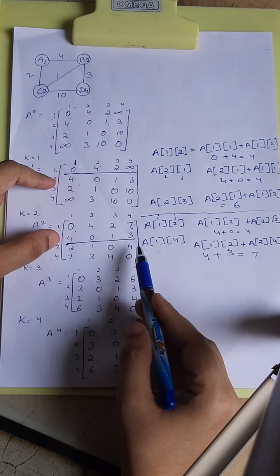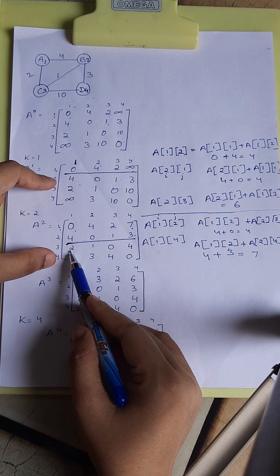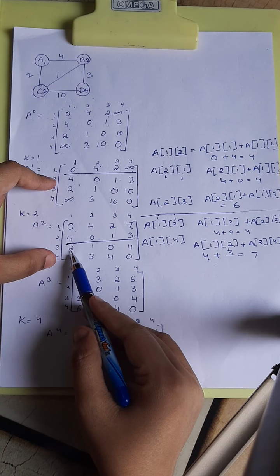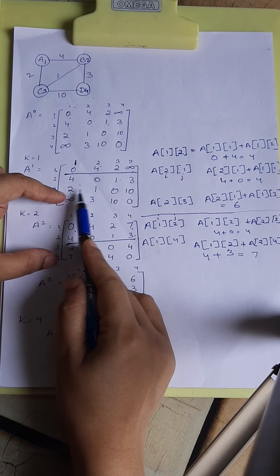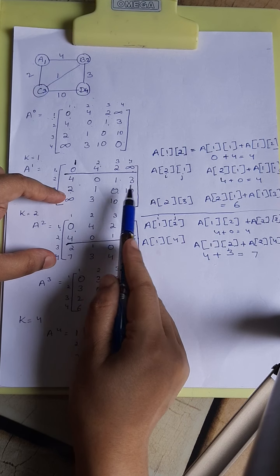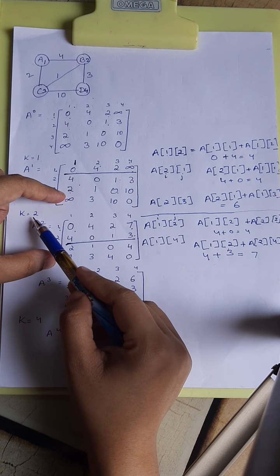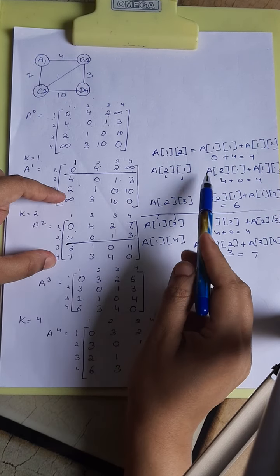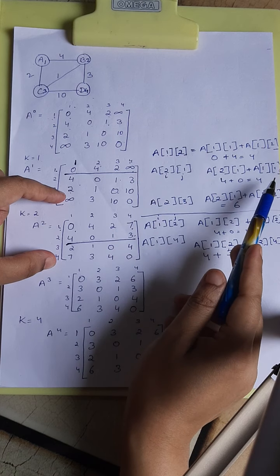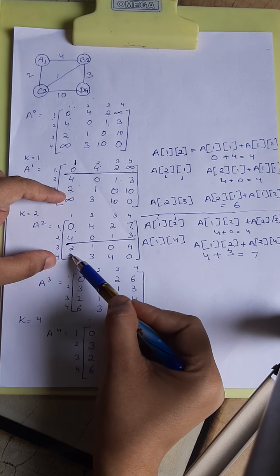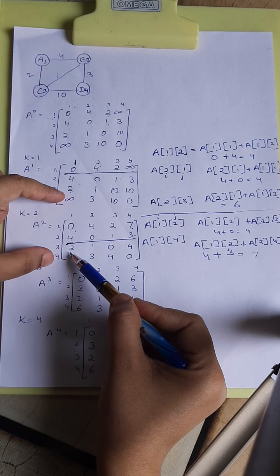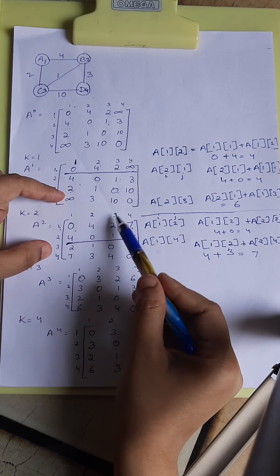Okay. The second row will be left untouched. Come to the third row. In the third row, you'll get these values same as it is. Calculate using via k. If you put in a of i k plus k j, what will you get? You'll get the same value for these three: 3 1, 3 2 and 3 3.